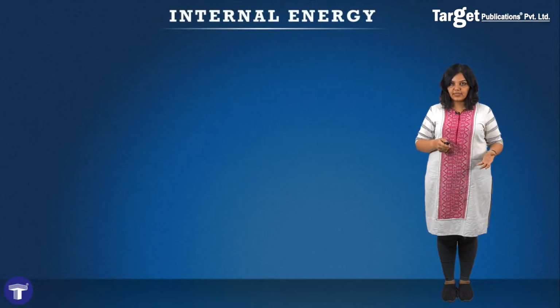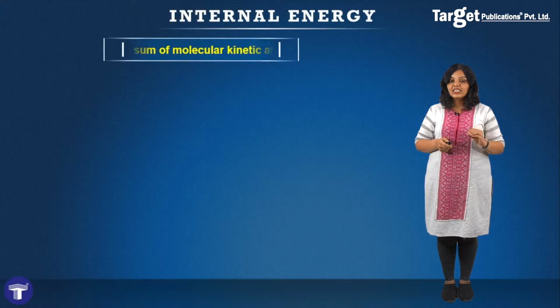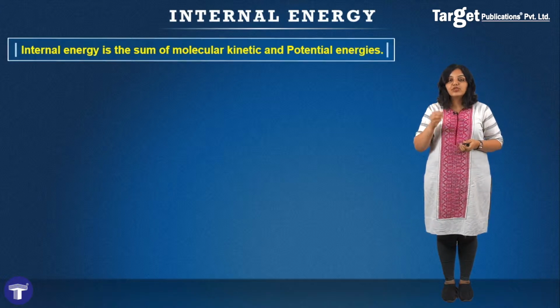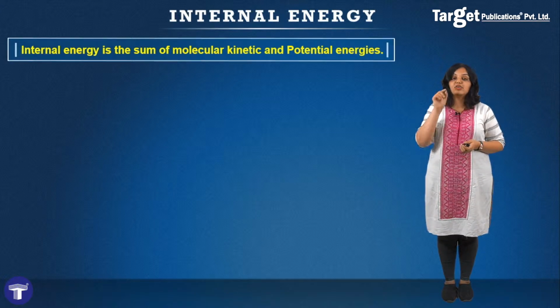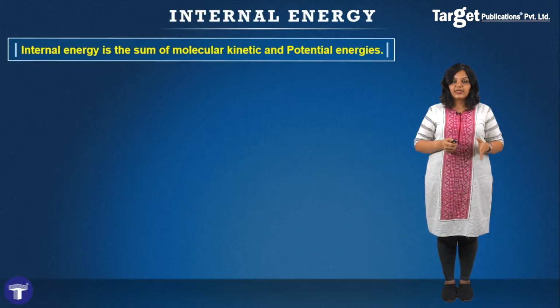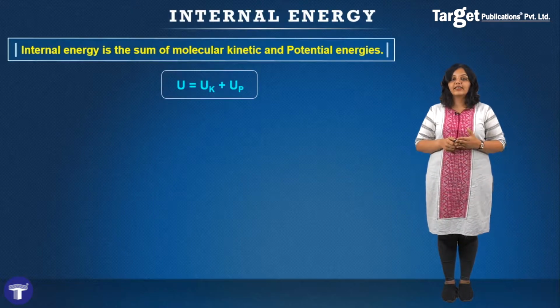The next thing that I want to talk about is the internal energy of the system. The internal energy by definition is the sum of the molecular kinetic and potential energies, which means you must find out the kinetic and potential energy of every single molecule and add them all up, and this will give you the internal energy. Internal energy is given by the letter capital U, and this is a sum of UK plus